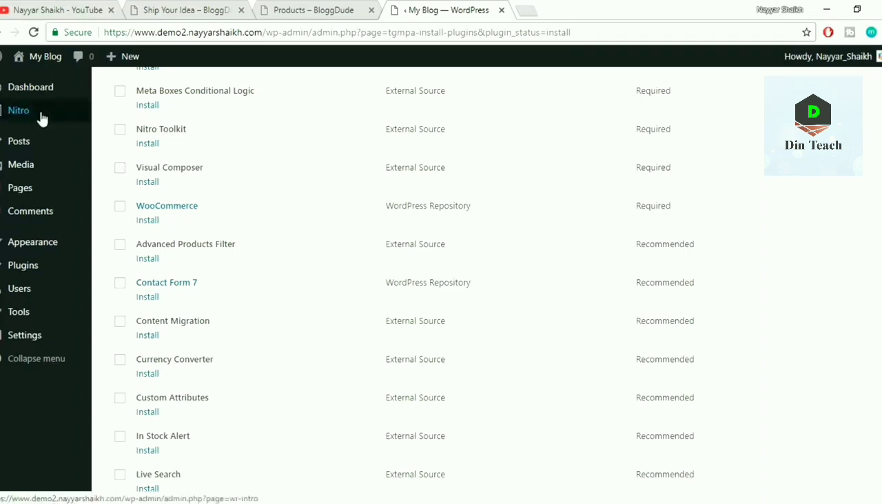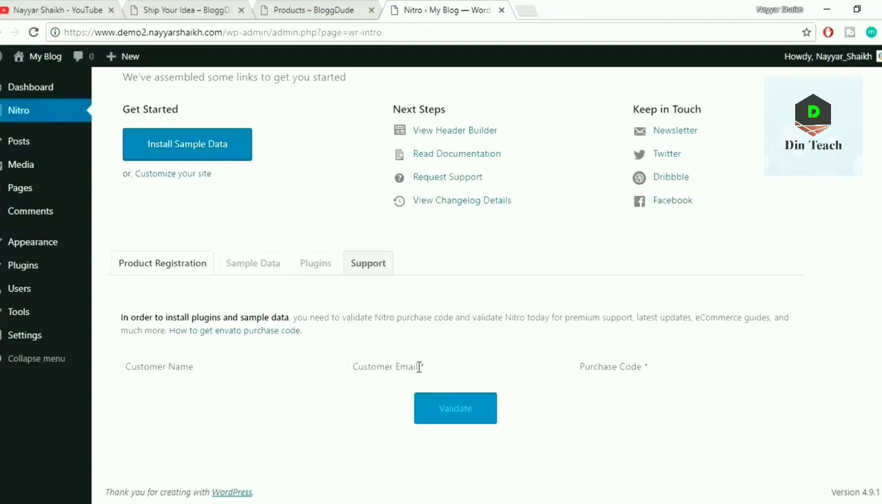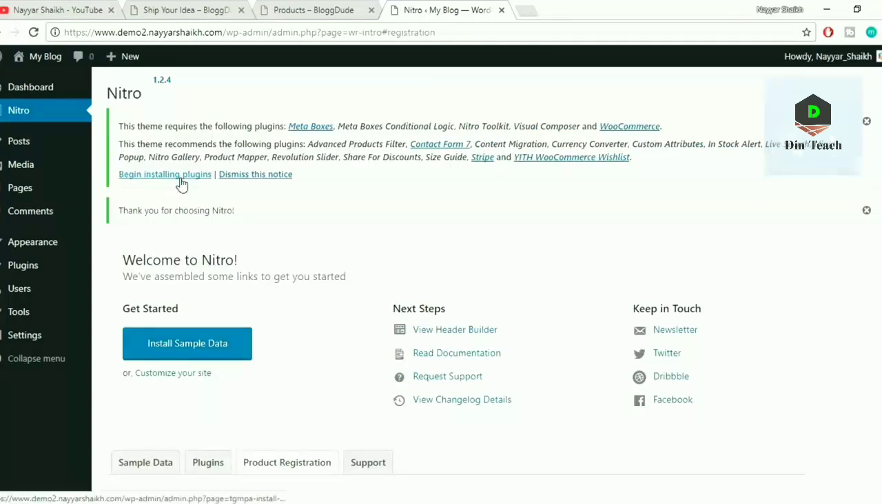But before installing plugins, you have to register this theme. You can click on Nitro from here, and here you will see product registration. Now you have to put in your email address and your purchase code, the email address which you used to purchase the theme from ThemeForest, and the purchase code which you got. You'll get all these things when you purchase the theme. So I'll put it over here. The email address is this and this is the purchase code, and after doing so you have to click on this Validate button. Now we can install plugins. We can click on this begin installing plugins,